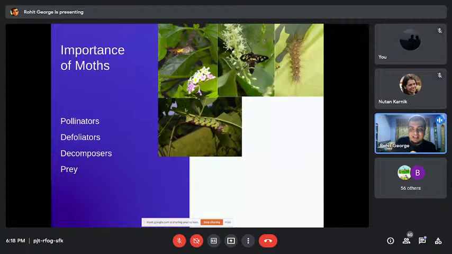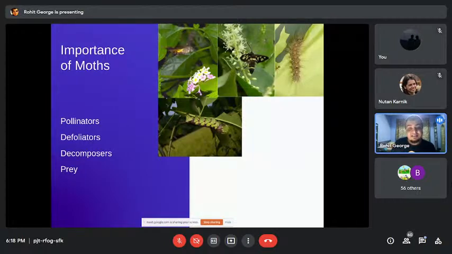huge ecosystem service or function that they provide. In lots of ecosystems, the largest groups of defoliators are actually Lepidopteran. Take a forest, say the forest in the Western Ghats. You have elephants, you have wild boar, you have deer, you have lots of big herbivorous animals.